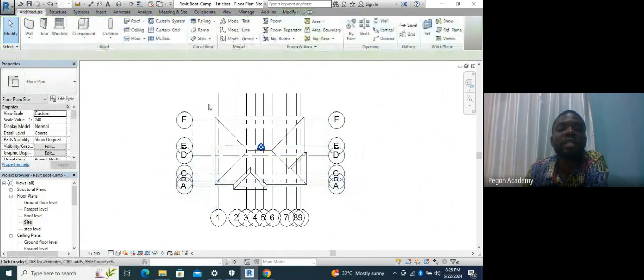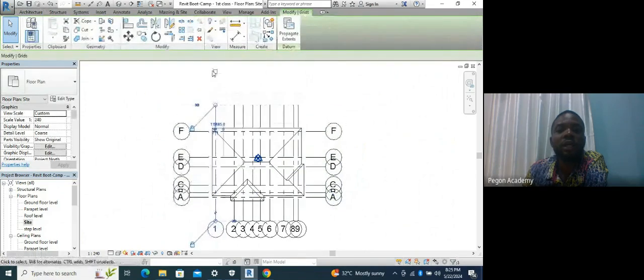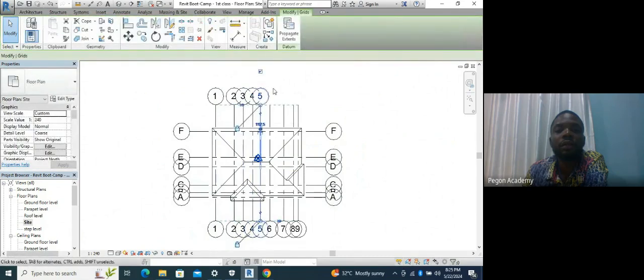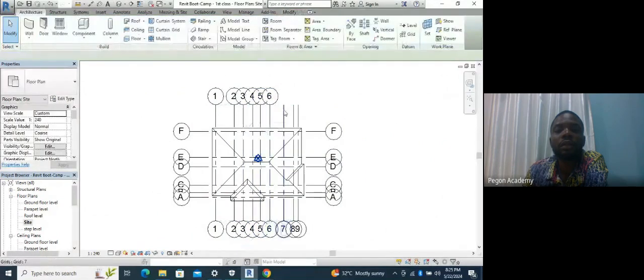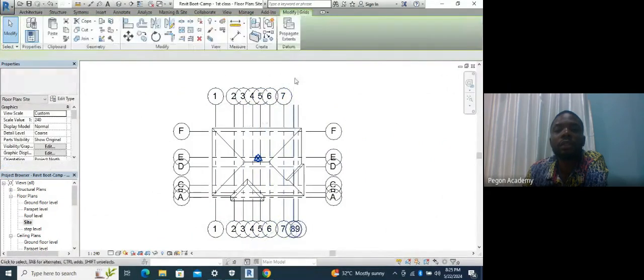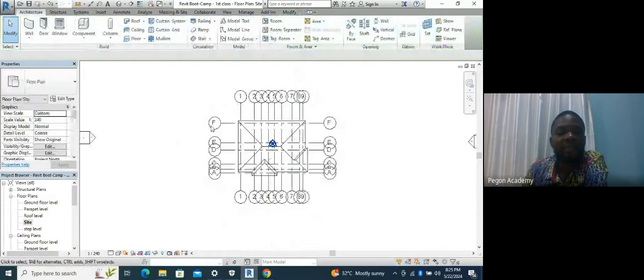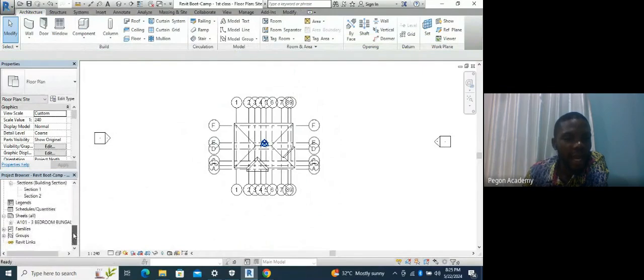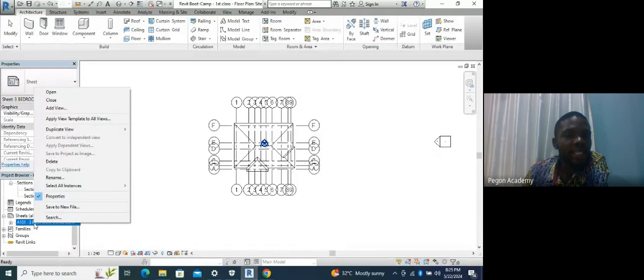So I'll do it for the vertical grids as well. I'll just check the box. Right? After checking the box, to place this in a sheet, I can either, this current sheet I have here, I can just right click on it and click on